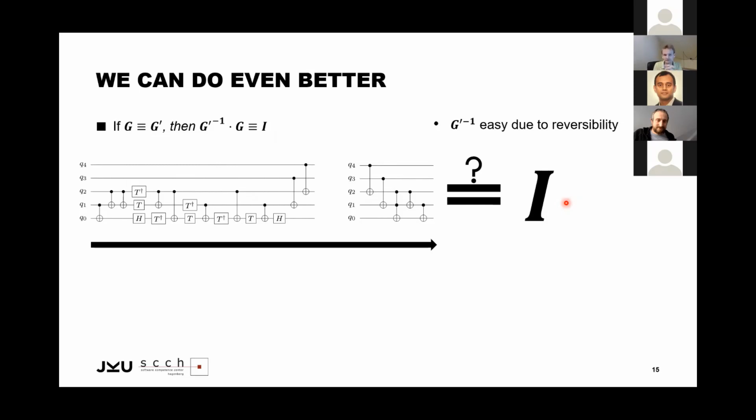And now the good news is, in a decision diagram, the identity representation is linear. That means representing the identity does not cost us anything. Basically, it's linear with respect to the number of qubits. So this is actually very intriguing to do. The only problem we have right now is that in order to get this identity, I have to multiply all those gates together.